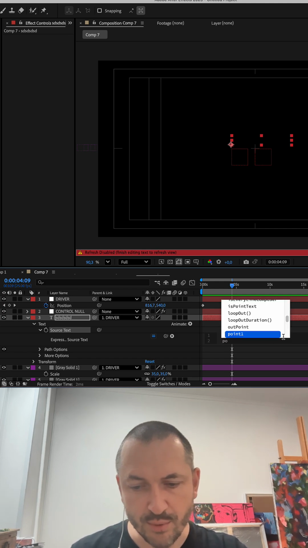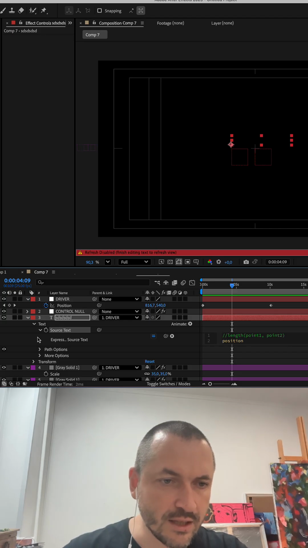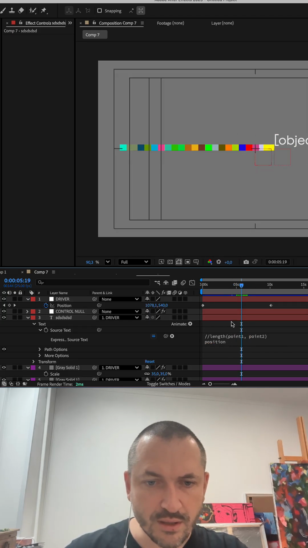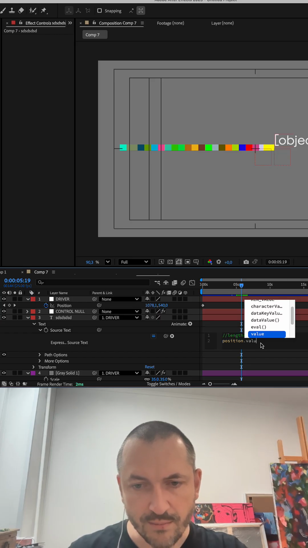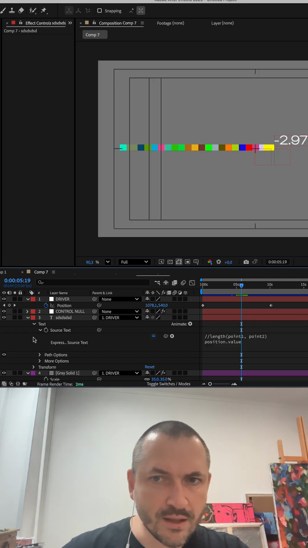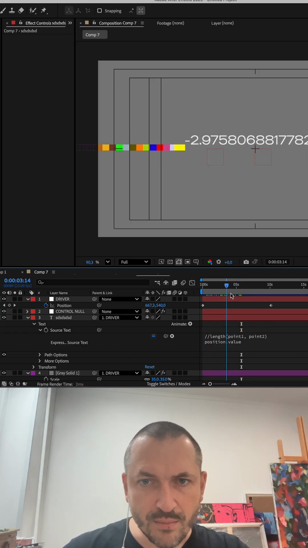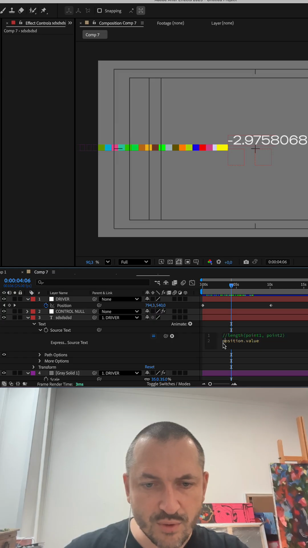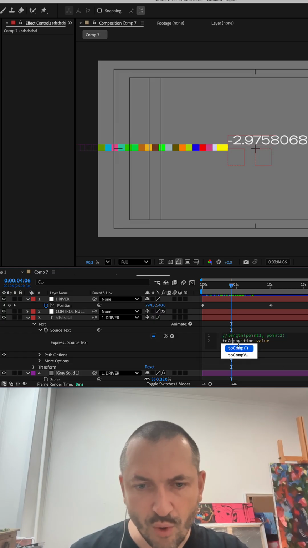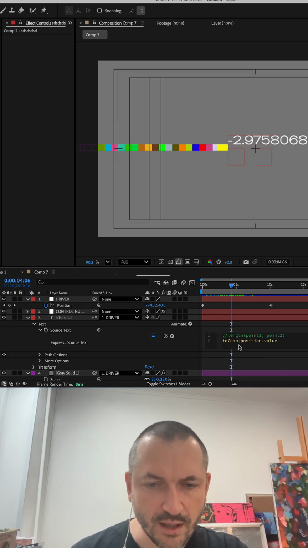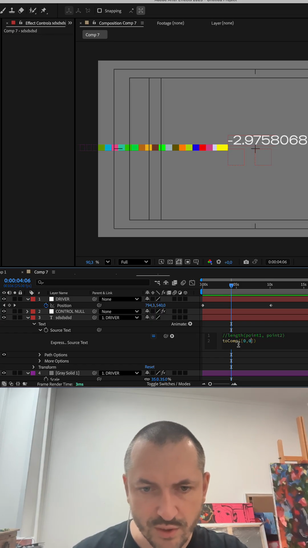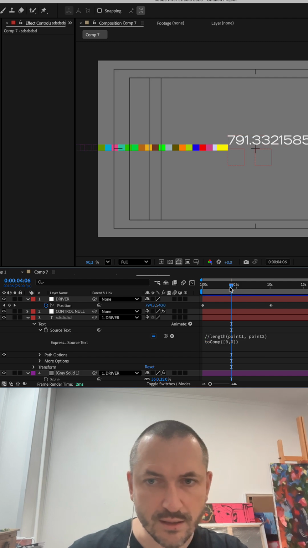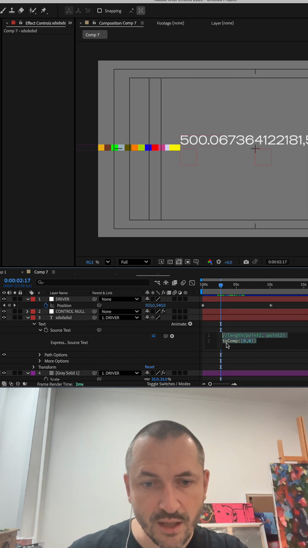If I put position here, it will always return the same value. So I need to use the toComp function, and in toComp just enter the point coordinates, so it will be 0, 0. And now I have coordinates.